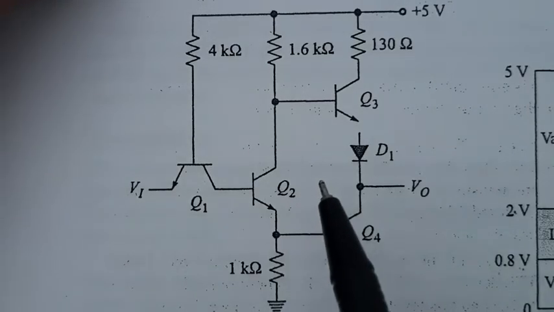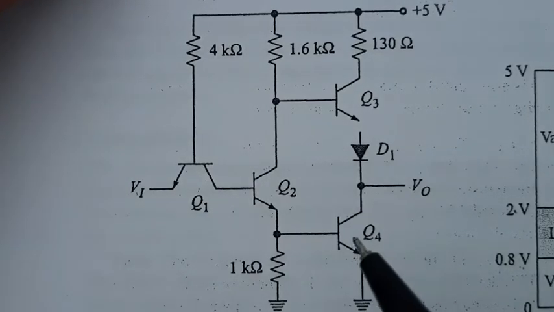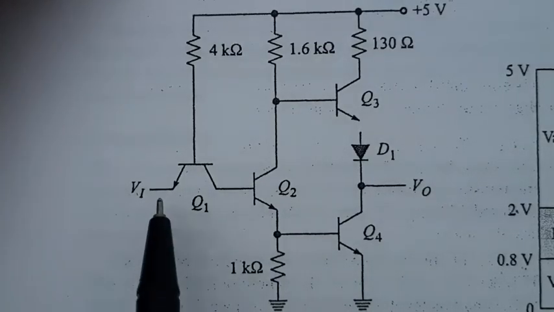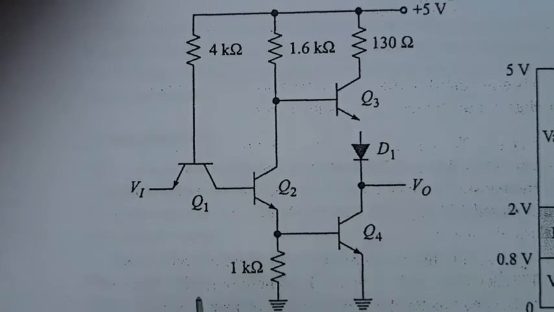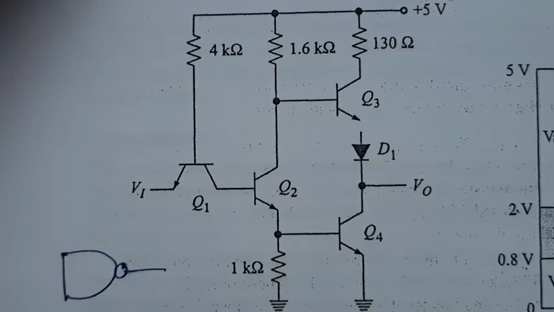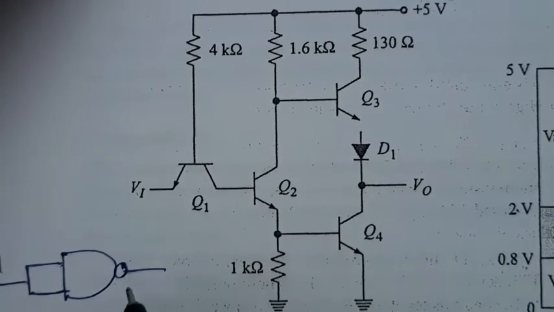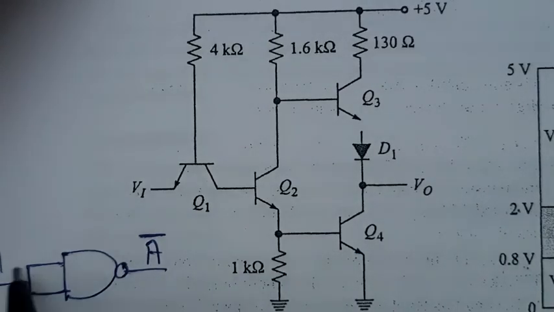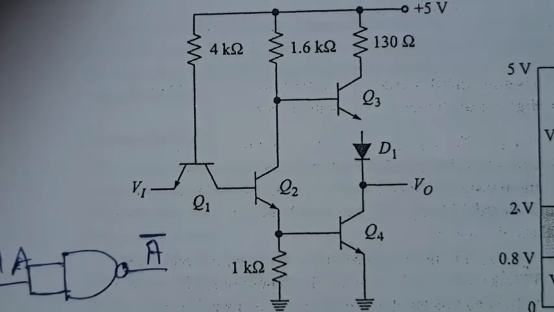This is the TTL inverter, that is just a NOT gate. Now if you observe this carefully, this is nothing but a NAND gate with a single input, and it is expected because we know that a NAND gate can be used as a universal building block. If you have to convert the NAND gate into a NOT gate, then you have to connect the two inputs together, and we can think about this to be input A, and this will be A complement, that is a NOT gate. Okay, this is A and this is A complement.